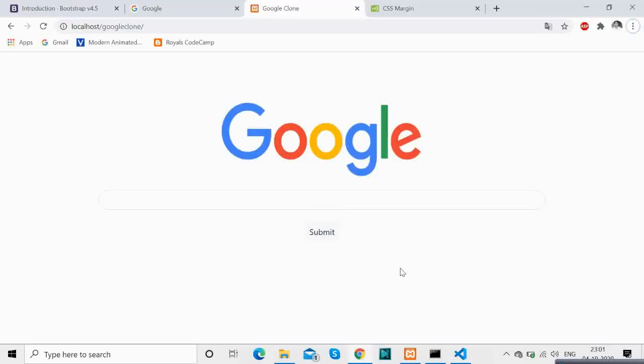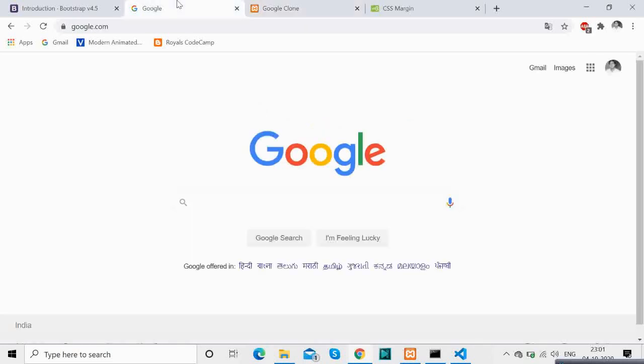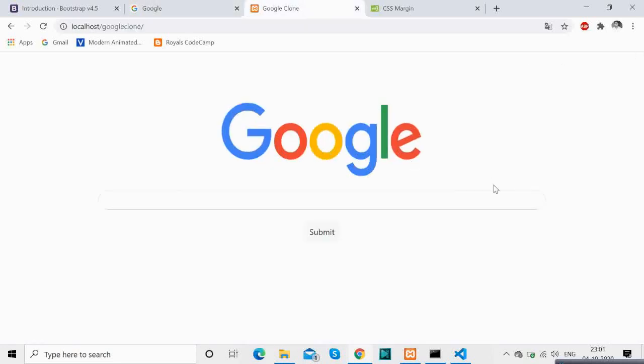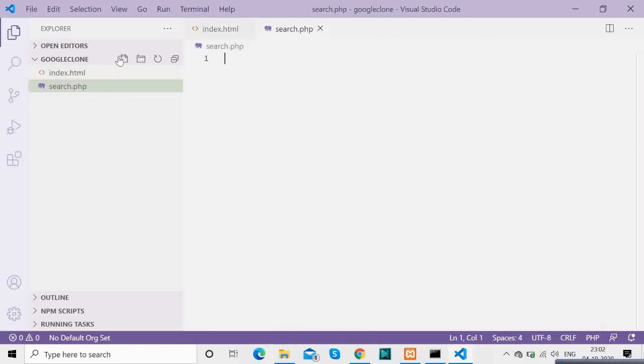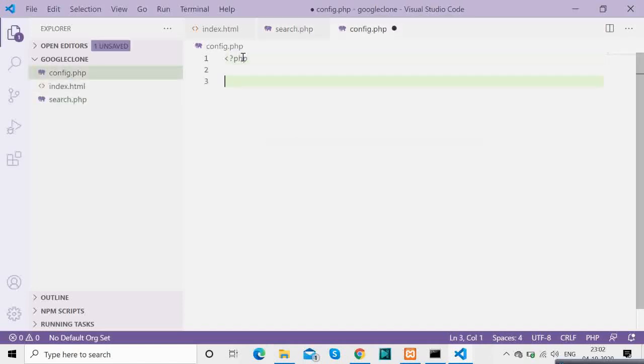So now we will build the backend. For now, one important thing to note is we will be populating the data by inserting it in the database. But in a real scenario, this data is placed inside the database after having several algorithms, several web crawlers which crawl the web.